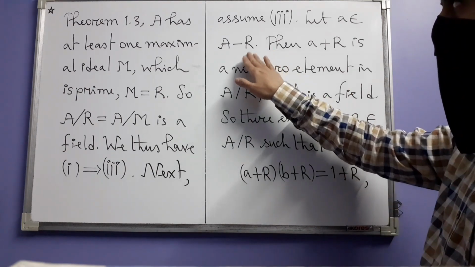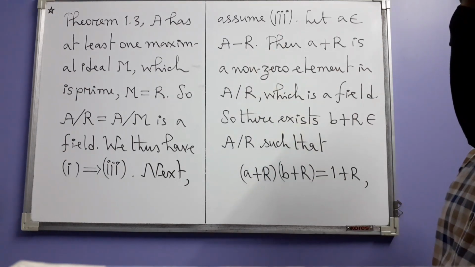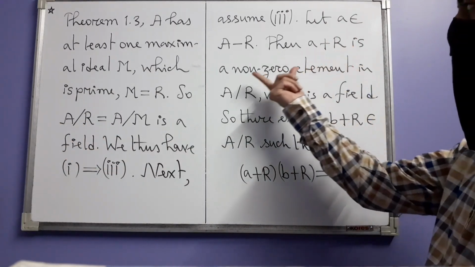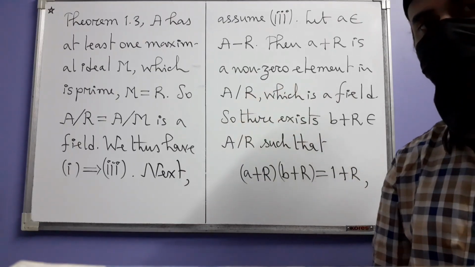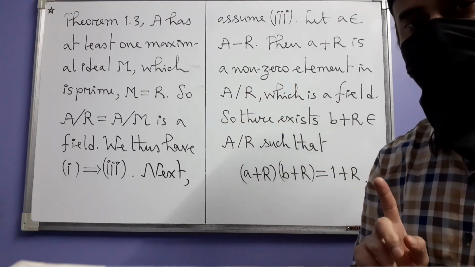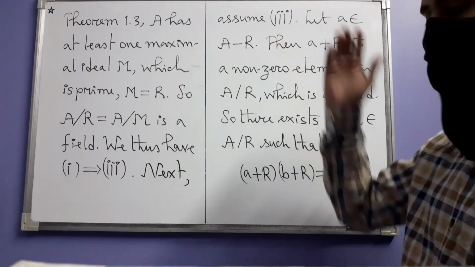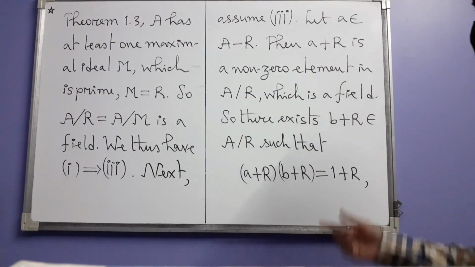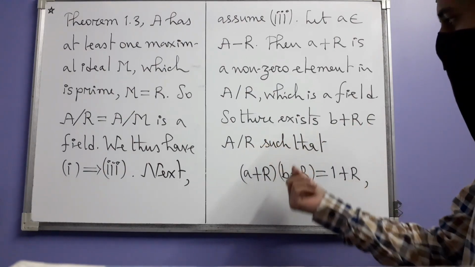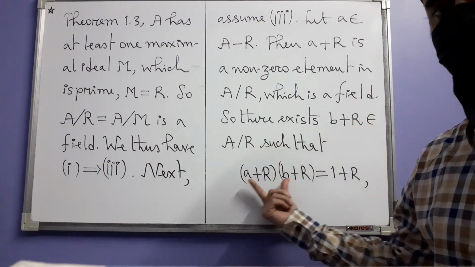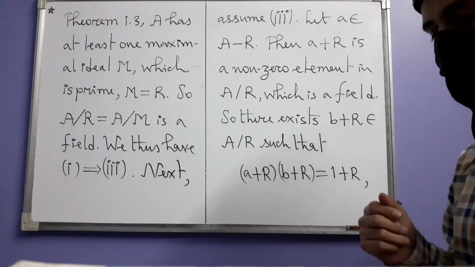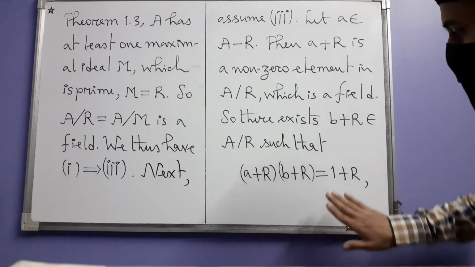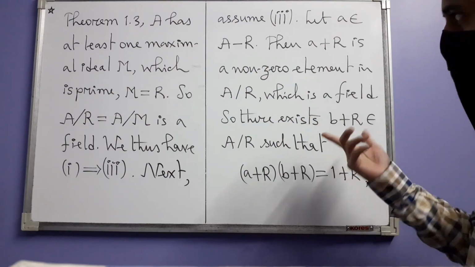And what is R? R is the zero element of this quotient ring. That means A plus R then is a non-zero element in the quotient ring, which is a field by our hypothesis, this assumption. And that is why there will be a multiplicative inverse, some B plus R in A slash R, such that the product of A plus R and B plus R is the unit element, which actually in this book we are calling identity element with respect to multiplication, and that is 1 plus R, where in this ring,